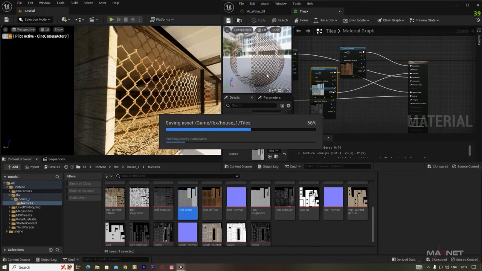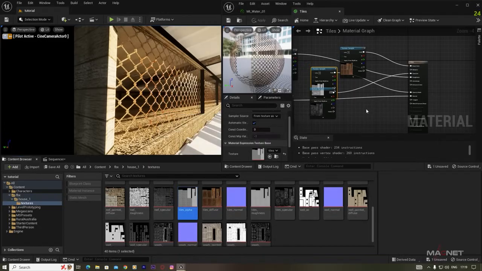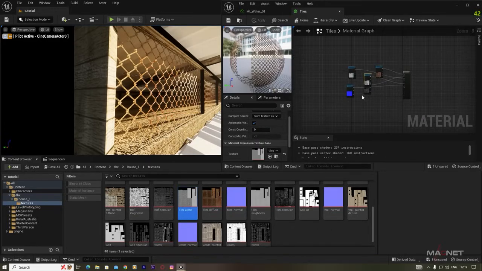So if you have something in this kind of material, you can change this material property to masked, and you will also get this alpha texture here. So you can connect it with this opacity mask to get the right material over here. So now we're going to add other materials by using the same technique. I am just speeding things up here,